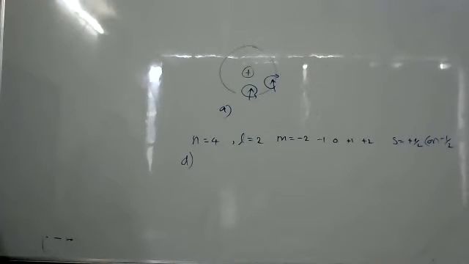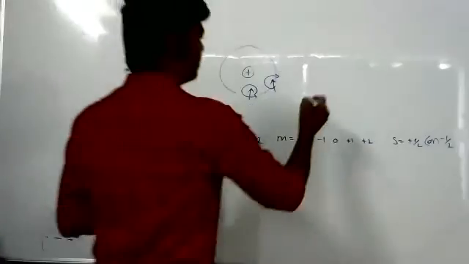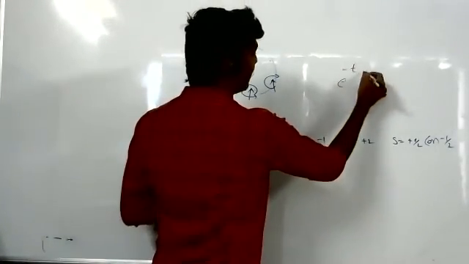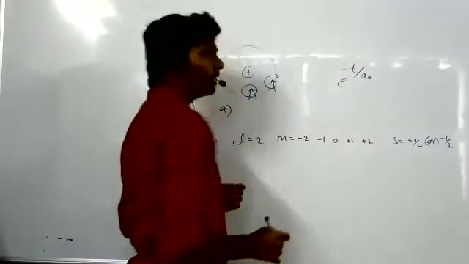The probability of finding the electron at the nucleus should be 0, where a0 is the Bohr radius. What is the ratio of the probability of finding the electron? Okay. You're given e power minus r by a0. a0 is the Bohr radius.